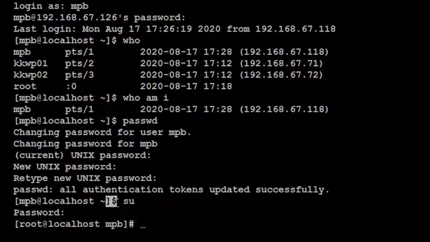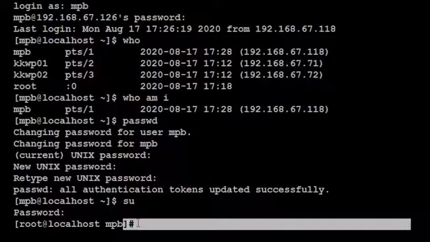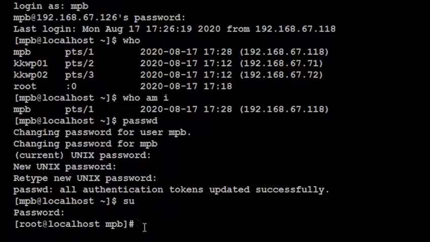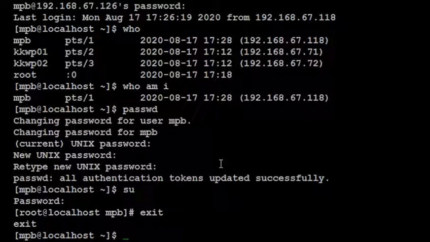So dollar prompt is your simple user prompt and hash prompt is the root user prompt. So now you can execute various super user commands. Those privileges you will get if you enter into the root login. Now if you want to come out from this login, you have to just use the exit command and you will be out of the root user.